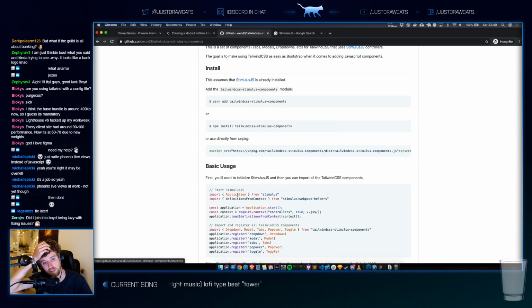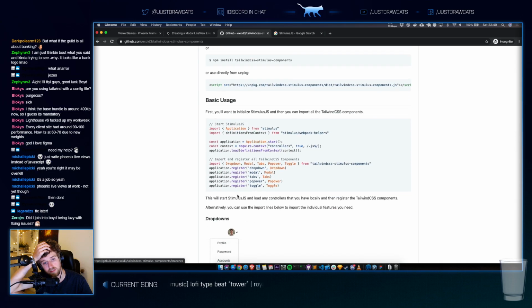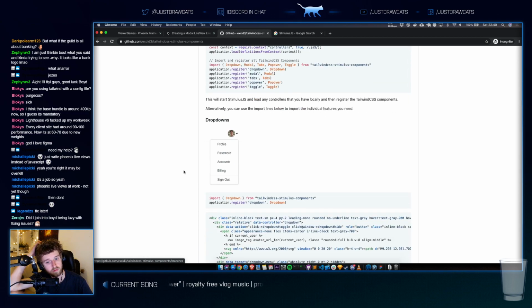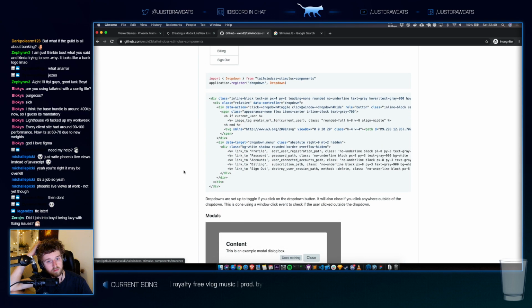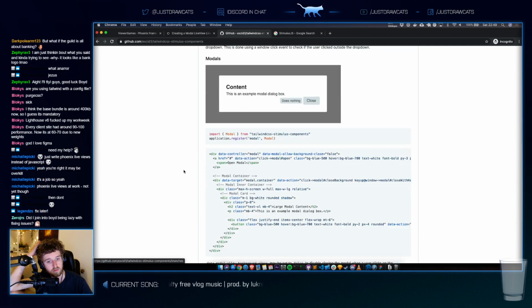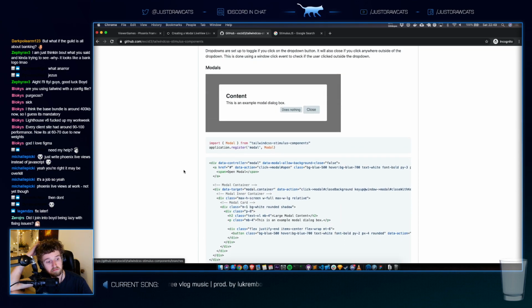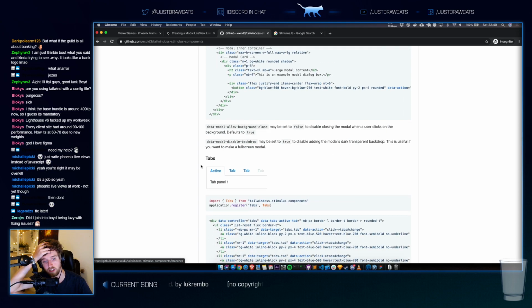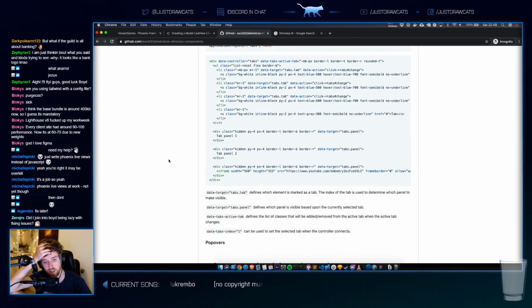Tailwind components. This is pretty cool though. It's basically your HTML is just telling you what it does, and then the JavaScript just tinkers stuff over.